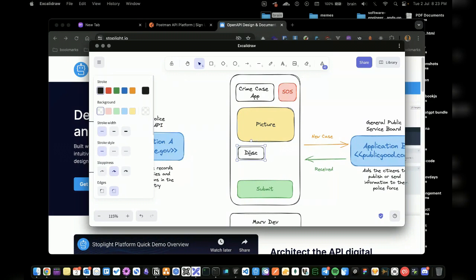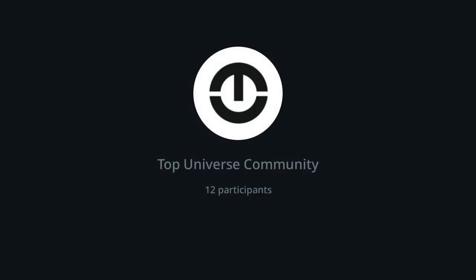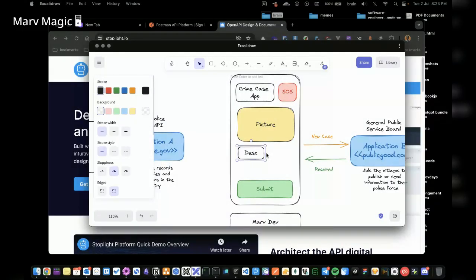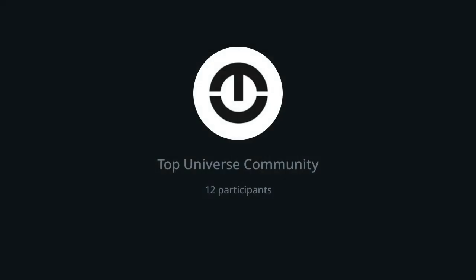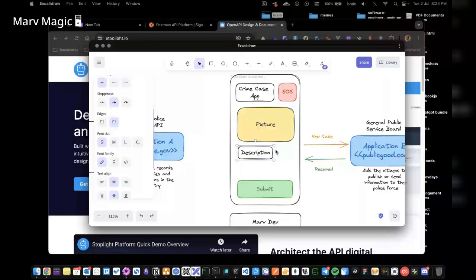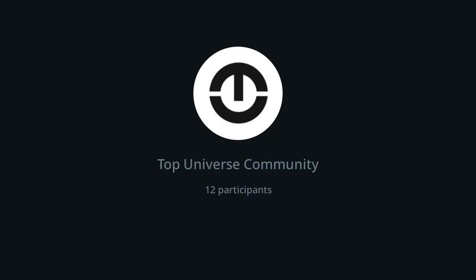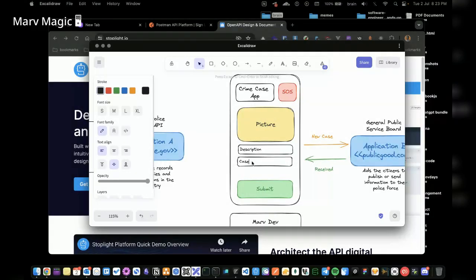So let's just leave the full thing instead, and I'll probably make it small. Oh, it's already small. Okay, I'll reduce it. I don't want people to make a mistake here and assume it means descending. So this is description, and let's call this case status. So in this status or category, somebody can select if it's a robbery case, and so on.